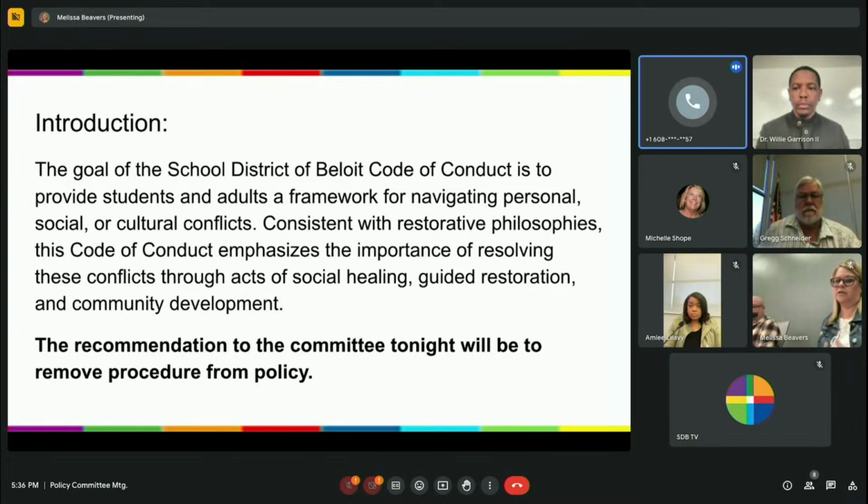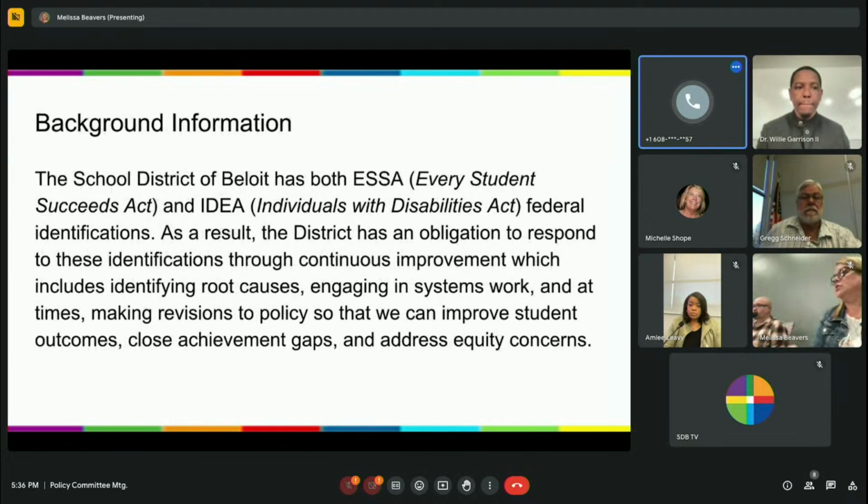So the introduction here is just really looking at that recommendation and explaining that we see the code of conduct as a framework within working with our restorative philosophies that we've been really pressing on the past 2 years to resolve conflicts prior to exclusionary discipline. So like he said, the recommendation to committee would be to pull the procedures on how to respond to behavior violations out of policy so we can have more flexibility to make changes as needed